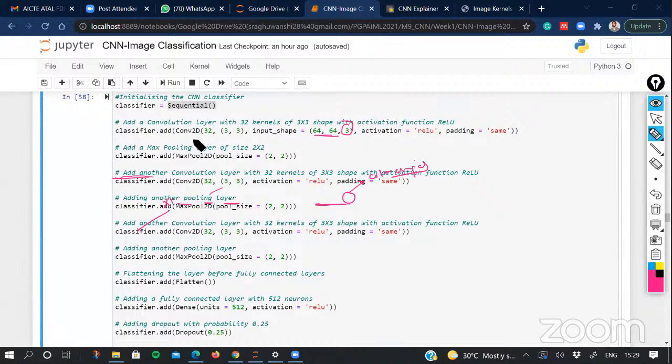And this input is being processed by a convolution layer with a filter size of 3 cross 3 and 32 feature maps, with activation set to ReLU, and we are using padding as same. So you will get a similar size as the output volume. Whenever you use padding equal to same, it will add extra padding to the input to get the similar size out. After that, we are adding a pooling. Then we are adding another convolution layer with a similar number of filters. Previously we used 32, again we are using 32. Then next max pooling, next convolution, max pooling.